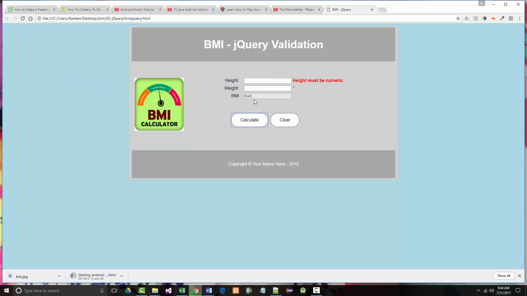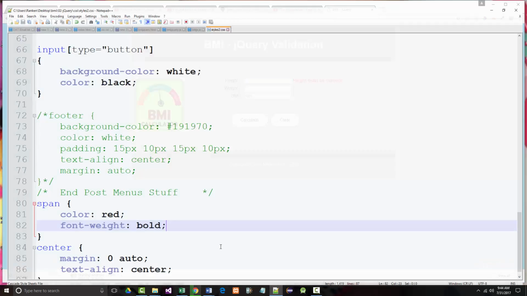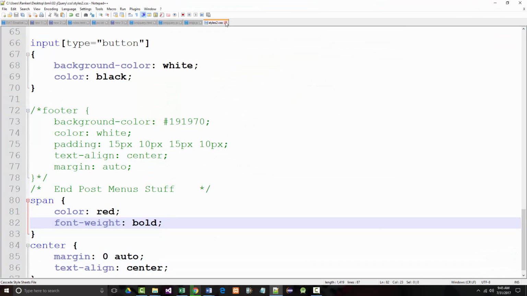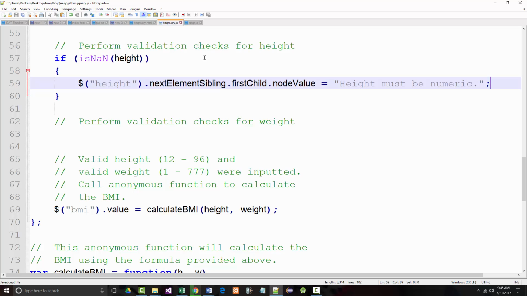All right, so the height must be numeric. But if we do put in anything, we're still getting the height must be numeric because that's all the code we have in there right now. That's the only bit of code that we put in. I don't need this anymore. But, all right, so